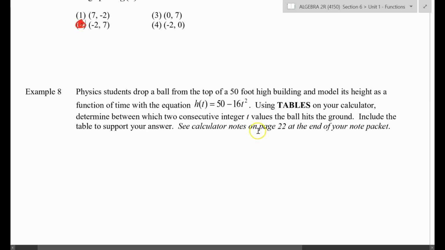And then here, physics students drop a ball from the top of a 50-foot high building. They use this to model the height of the ball in relationship to time, right? Between what two consecutive integers does the ball hit the ground? Well, guys, what's the output value for height when the ball hits the ground? Not a trick question. Yeah, it's 0, right? So if I type this into my calculator,